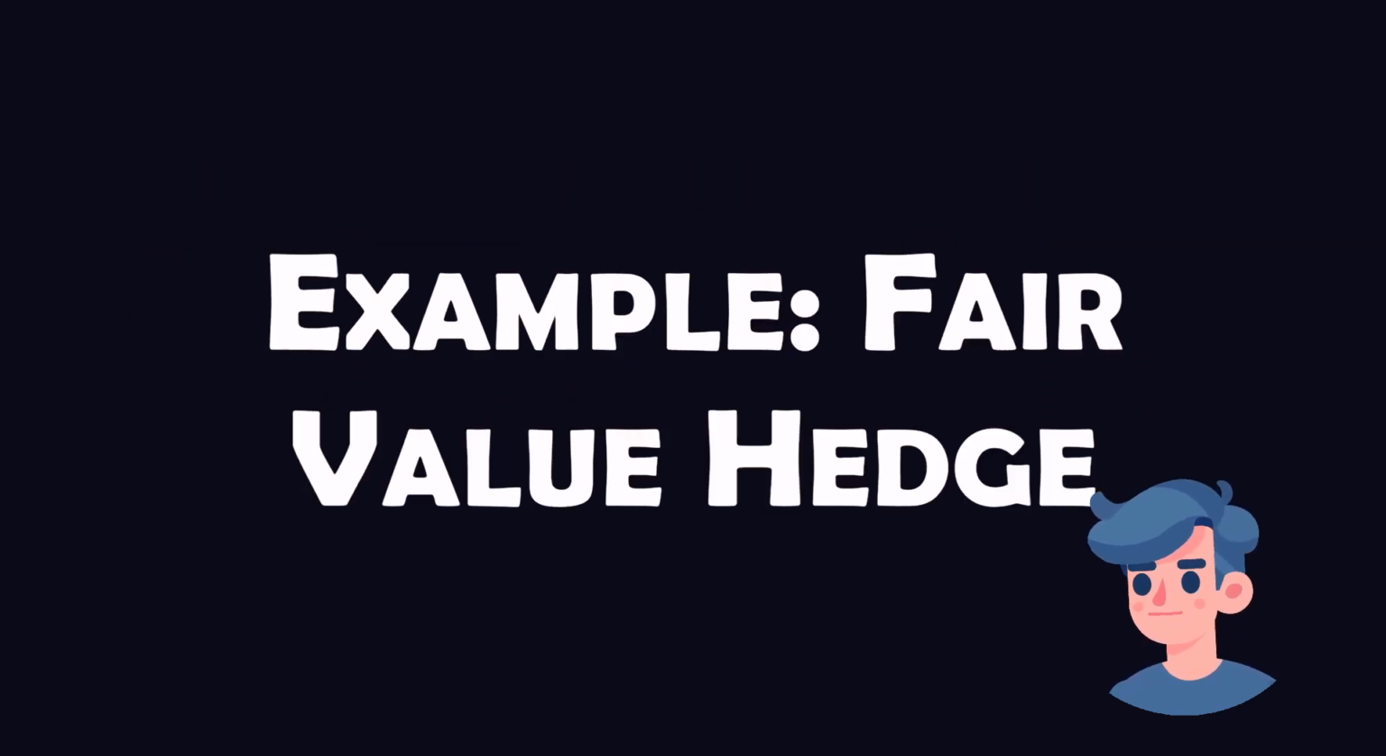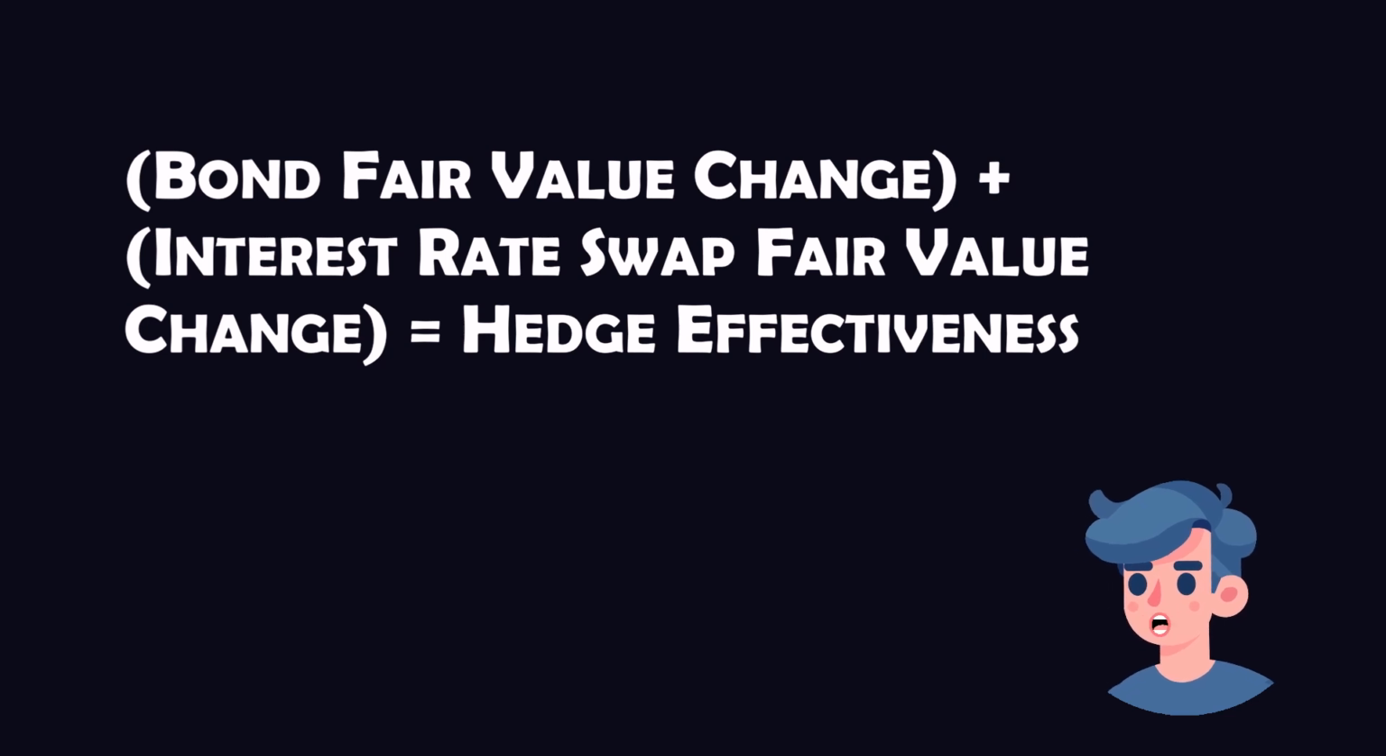For example, suppose a company issues a fixed-rate bond and fears that rising interest rates will decrease the bond's fair value. The company can use an interest rate swap to convert the fixed-rate payments into variable-rate payments, thus hedging against